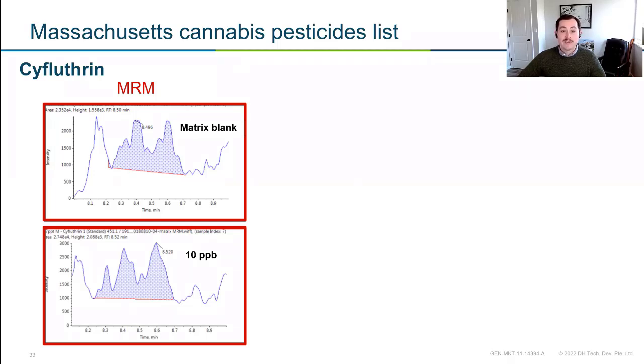So here we have an example of cyclothrin. So this is a pesticide that contains 4 isomers. So that's why you see those peaks. Again, it's going to depend a little bit on your chromatographic resolution, whether you see all 4 or if you just see 3. But we need to see this compound in cannabis at 10 parts per billion. And up top, we have a matrix blank, which has an interference that looks a lot like cyclothrin. And down below, we have a spiked 10 ppb sample. So we can see, obviously the intensity has increased, but I'm definitely not confident that that is truly cyclothrin.